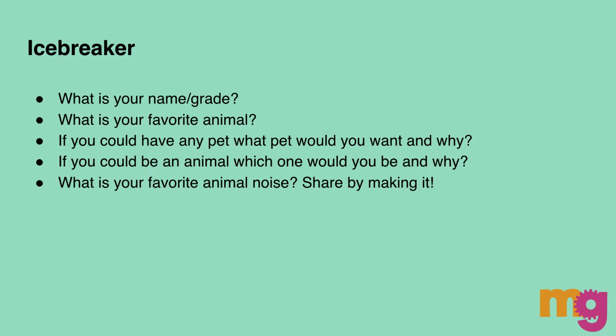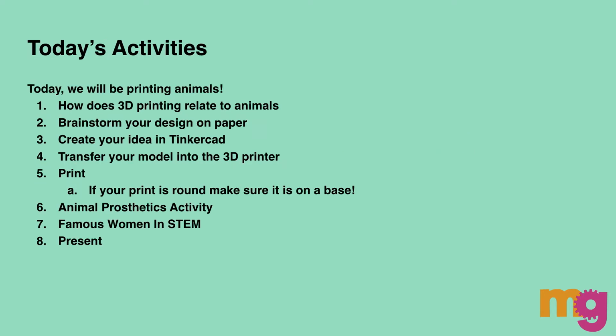So now we're going to go over today's activities. Today we will be printing animals. So our schedule is as follows. We're going to learn how 3D printing relates to animals, brainstorm your design on paper, create your idea in Tinkercad, and then